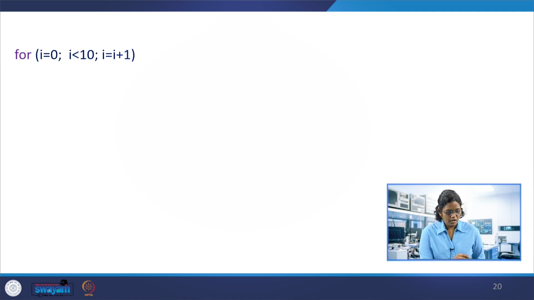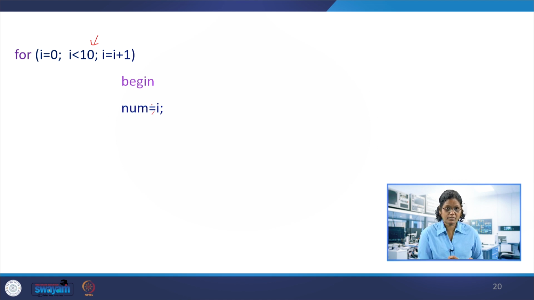After stimulus, for I is equal to 0, I less than 10. Okay, so here it can be up to 16 also. I equal to I plus 1, and similarly we have to give the conditions. What are the conditions for 10, 11, 12? Otherwise it would go to display of nothing. I equal to I plus 1 begin, num equal to I. Whatever the I is generated, this needs to be declared as integer I and that is assigned to num.